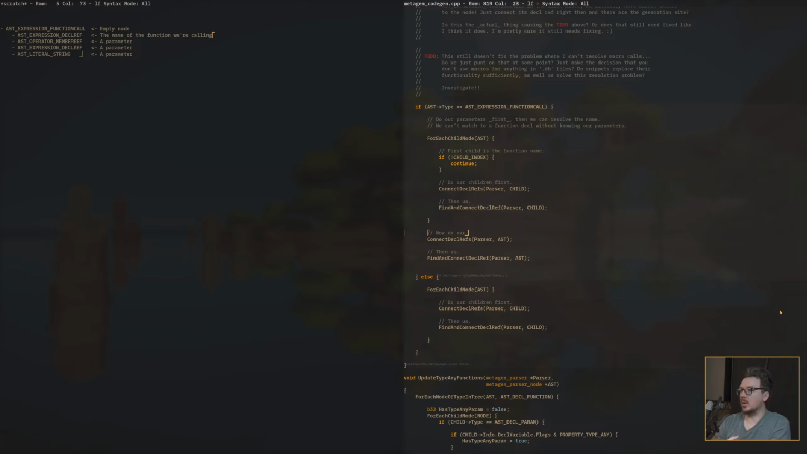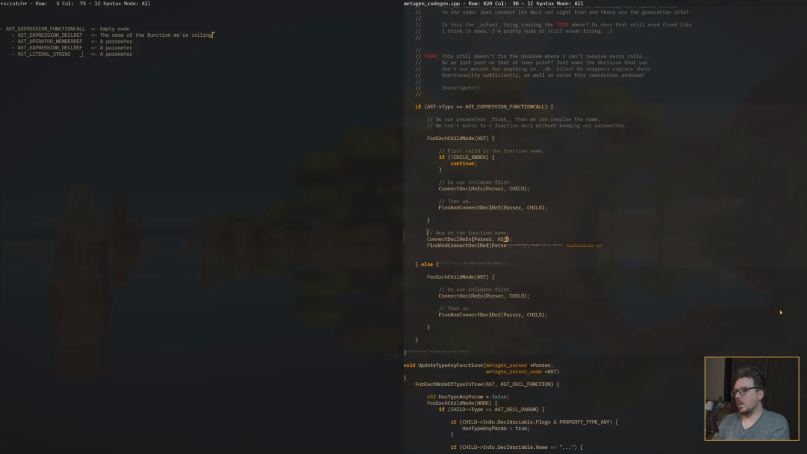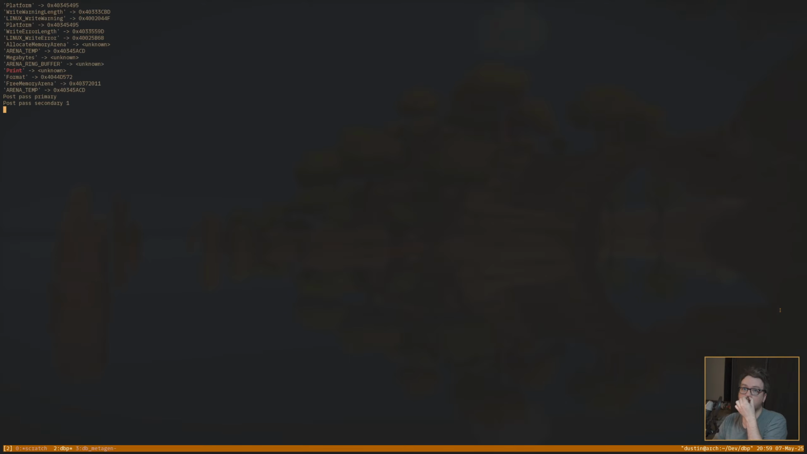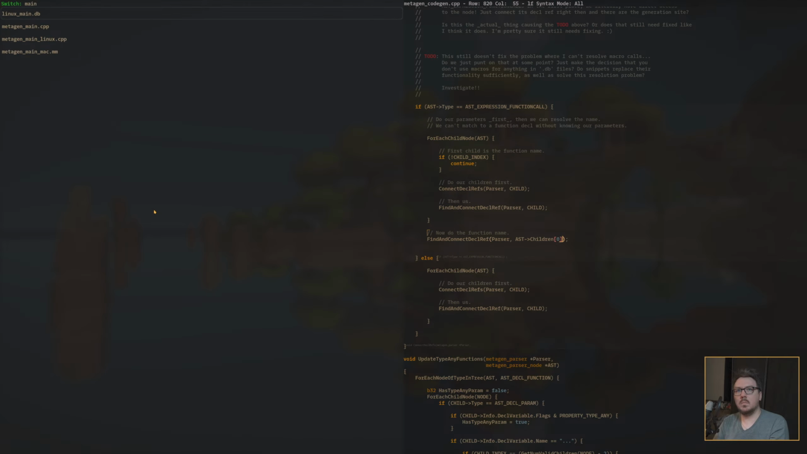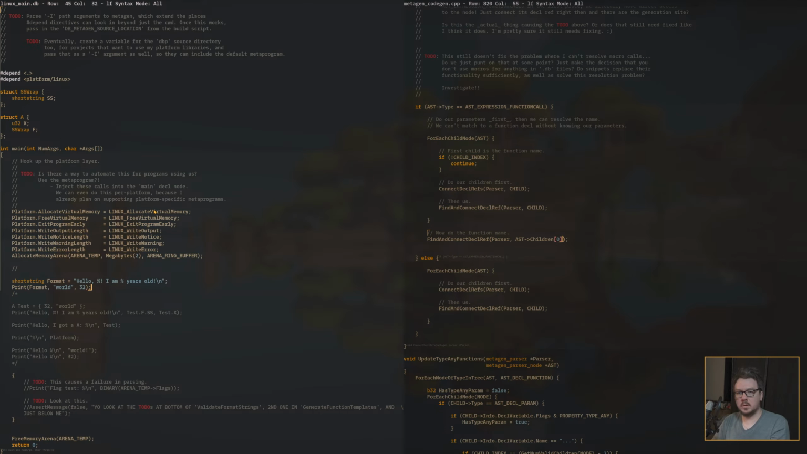Now do our... we never resolve the function call itself. Now do the function name, which will be AST children 0. So now, if we look at this function call for print, we still don't know print. That's bad. We do know what format is, though. That's this call. So we've matched format